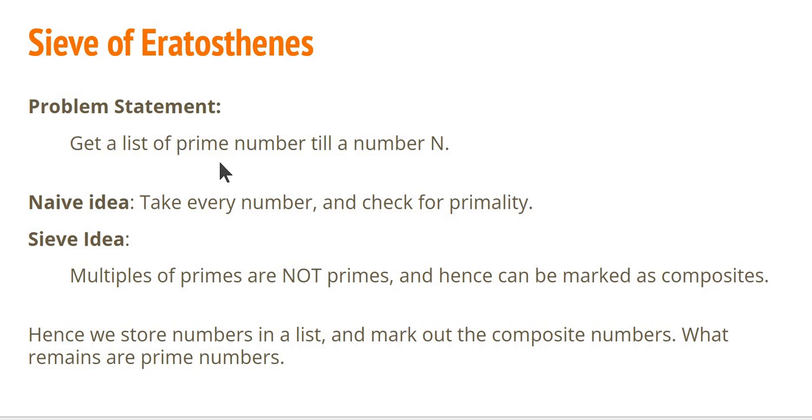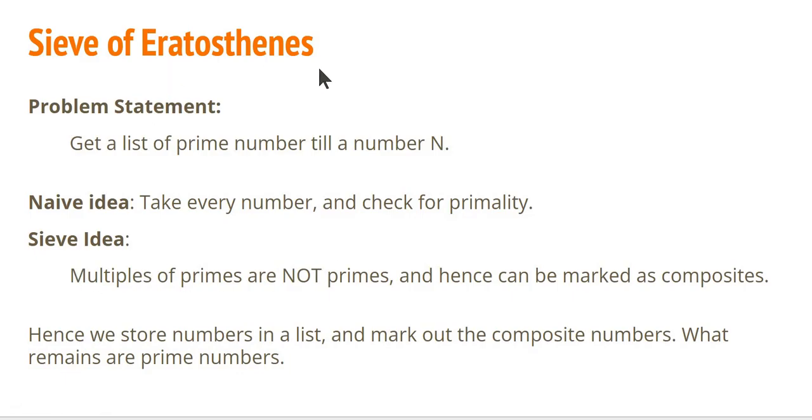Say we have a problem statement where we want to get a list of prime numbers up to a given number n. The naive idea would be to look at every number up to n and check if that number is prime. This can be done by checking for divisibility up to the square root of n. But a much more efficient idea would be to use what is called a sieve